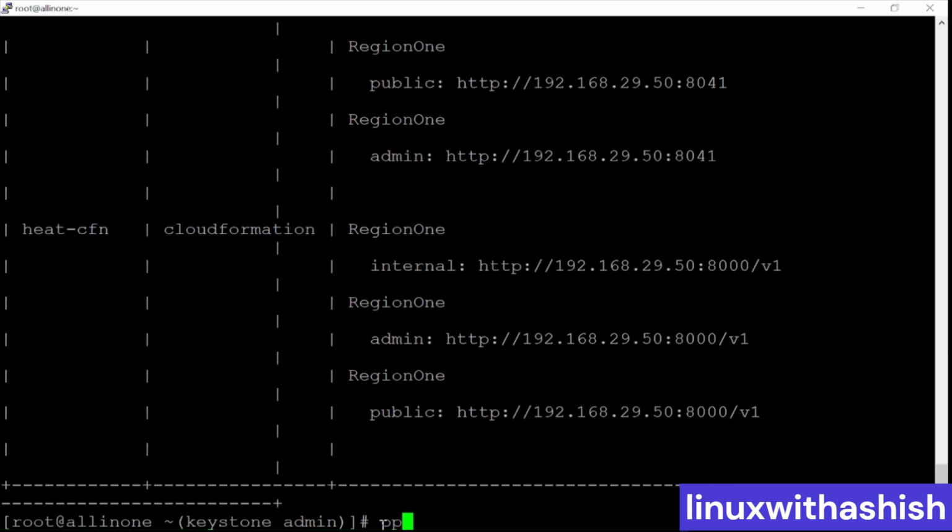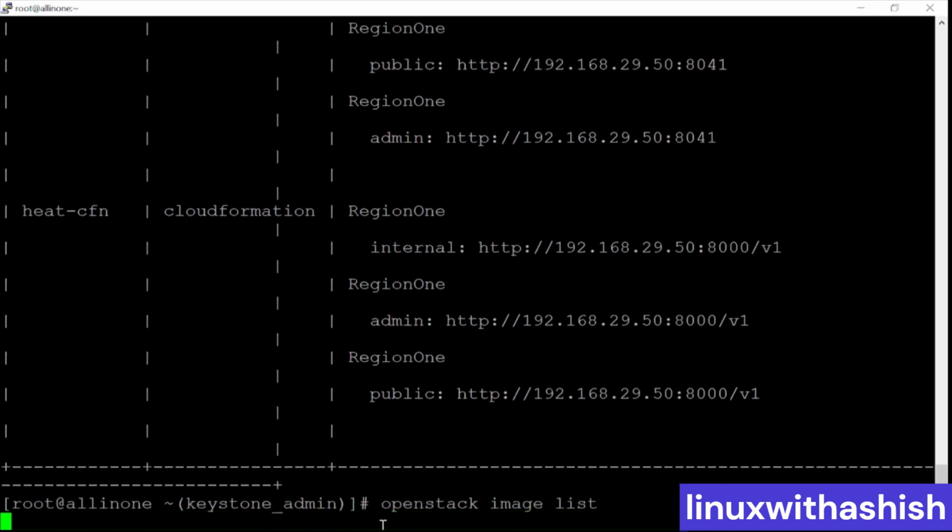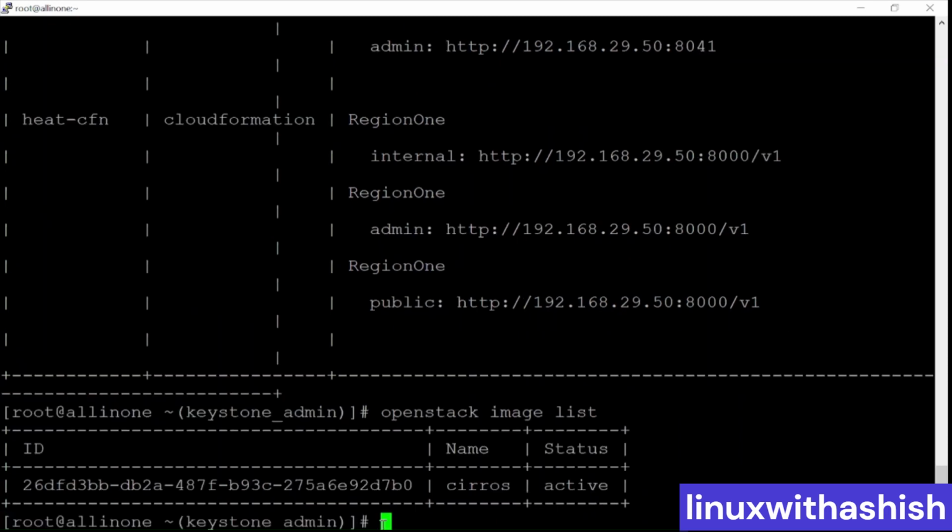And then you can check openstack image list. And guys, in day 2 we will create an image, flavor, network, everything, and by using these services we will create our server. So for now we have only one image, that is Cirros, and it is in active state. In the same way, if you want to show this particular image, you can use